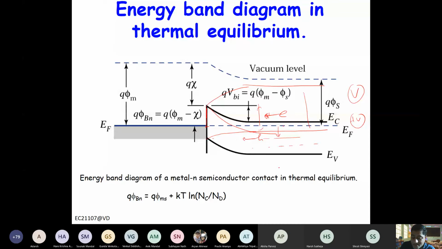If you apply a negative voltage here, then this barrier will reduce, right? But the barrier from metal side is not changing. So in case of current flow, only the current from carriers, electrons flowing from the n side, will dominate. So it's basically something like the behavior of a one-sided junction.